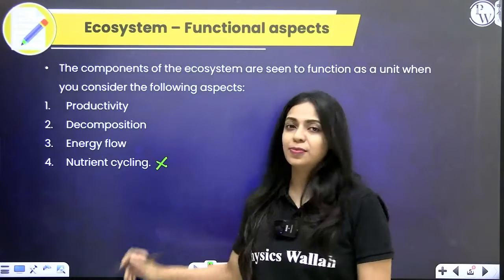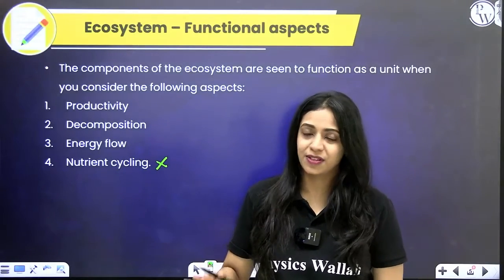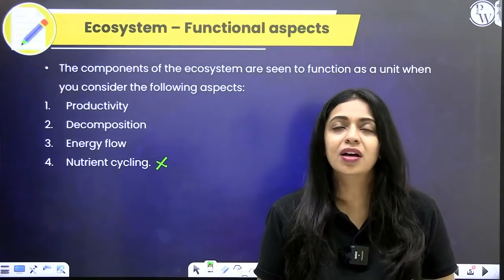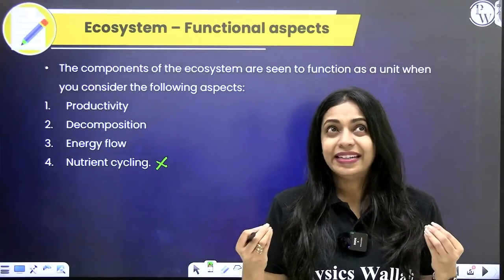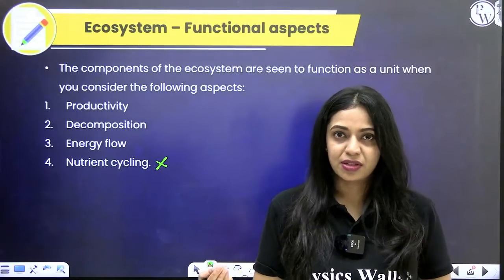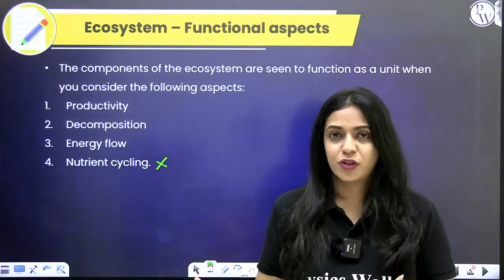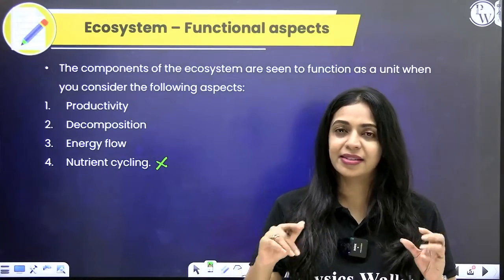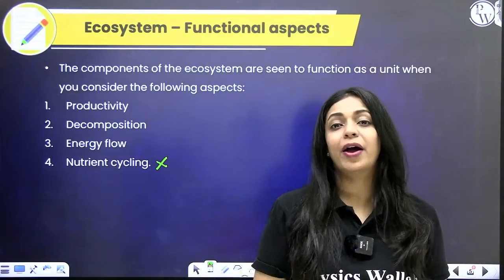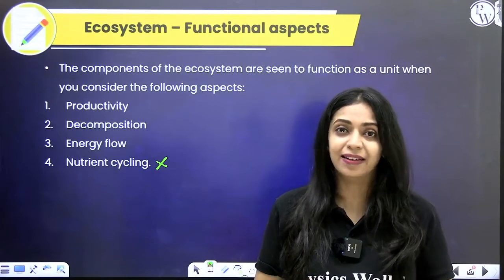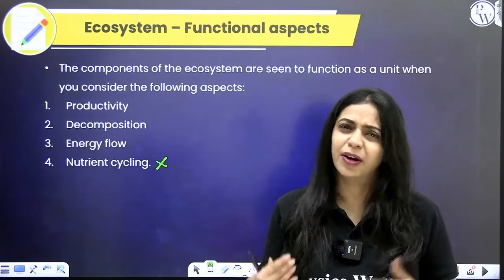Nutrient cycling has been deleted in your rationalized syllabus. Okay, so I'll tell you briefly what nutrient cycling is. Nutrient cycling is how the nutrients in different parts of the ecosystem get cycled around. For example, if you consider carbon or phosphorus, you know how it is getting cycled between the biotic and abiotic components in an ecosystem. That is what we would usually learn in nutrient cycling, but that part is deleted, so